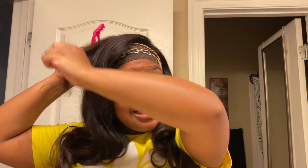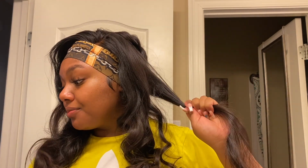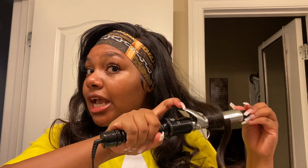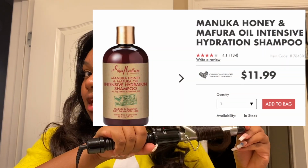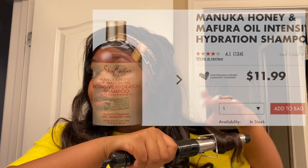Like I said, I've had it installed 4 days. It's still silky. It's still shiny. I hand washed it since I did the ACV wash. And also, washing your hair plays a big role. So last time I washed my hair in the Shea Moisture. Like I said, this is my second review. I washed it in the Shea Moisture. I think it was like Manuka Honey. I'm going to insert it right here. So I use that on my hair. So I know that this hair loves